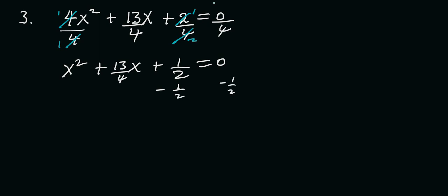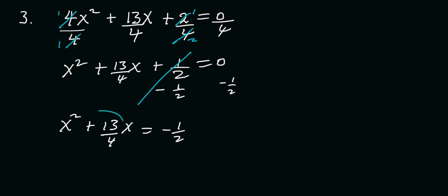Okay, so when that happens, this will cancel out from here. And now the equation becomes x squared plus 13 over 4x is equal to 0 minus 1 over 1 half, which gives us a negative 1 half. So next is to divide the coefficient of x by 2. The coefficient of x is